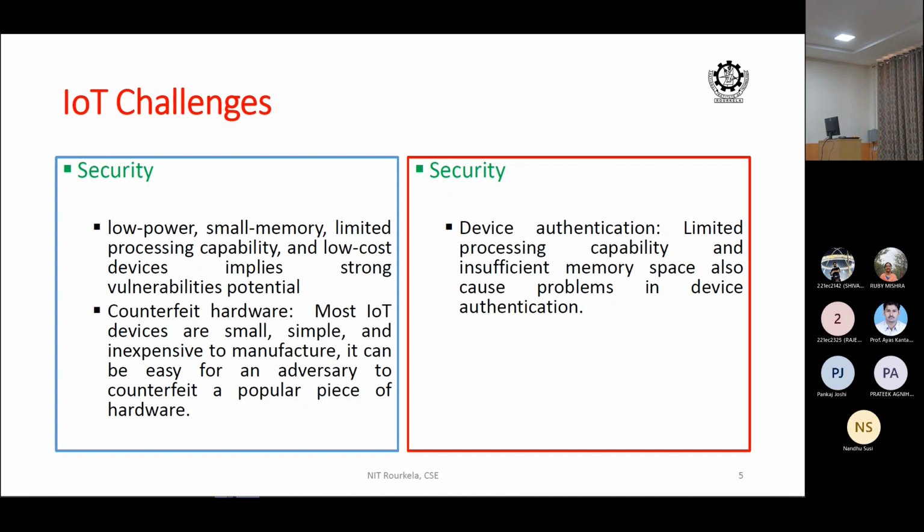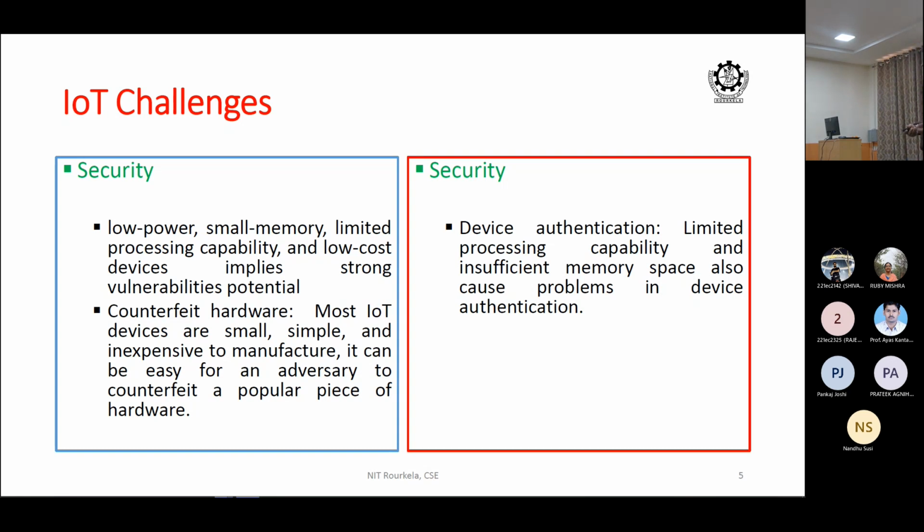Then there must be a mechanism to say that the deployed devices are not counterfeit devices. Once you have a device, there must be authentication for it. How do you authenticate the device? What are the different mechanisms for authentication? Encryption is one, digital signature is another scheme. But these are resource intensive schemes, and when you have a low processing device, you cannot use them. So you have to find secure techniques that require low processing capability.